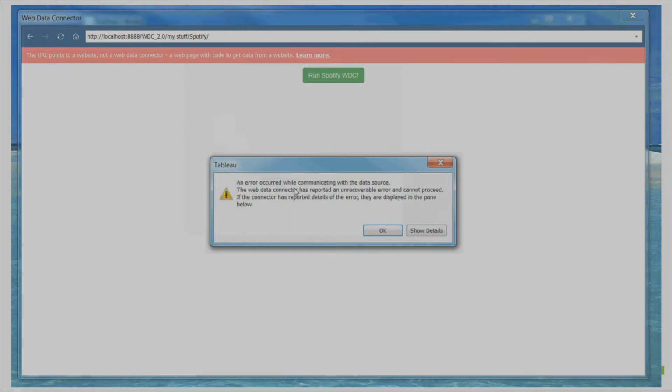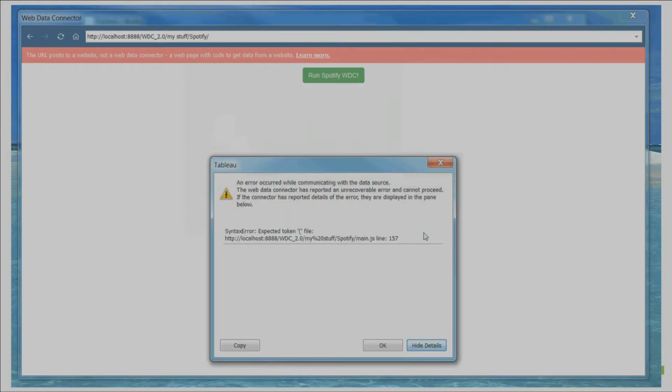We had an error. It just so happens that the window that's popping up here is in fact a browser window, which makes sense. That means that it actually can have limitations like any other web browser. This internal browser that Tableau uses runs on WebKit. And Chrome, the browser I was using to test my connector, ran on a slightly different web engine.